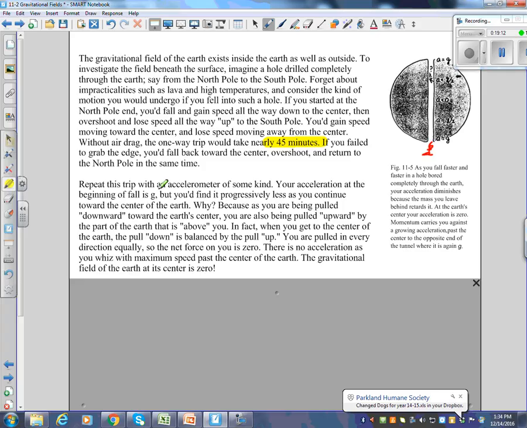Anybody remember what that's called when the acceleration changes? Deceleration. Such a jerk. No, it's called the jerk. When the acceleration changes, it's called jerk. That's what Mr. Ray said, that I was a jerk?